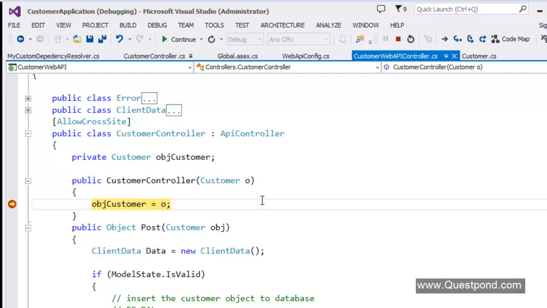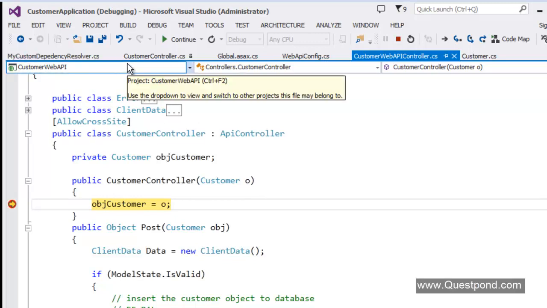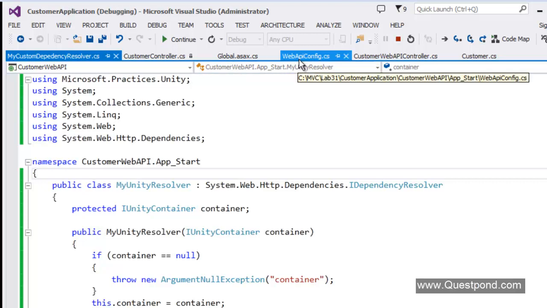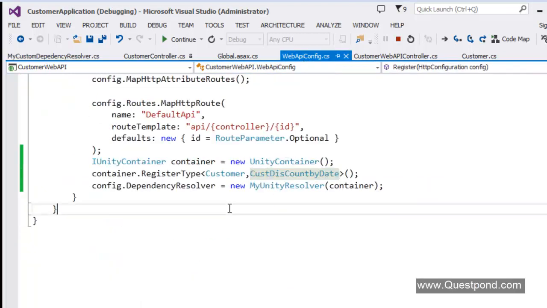As soon as the request comes to the controller, the controller first tries to instantiate itself, right? But the first thing the web API framework does is inform this dependency resolver, saying, can you please scan my customer controller class and inject the necessary dependencies, by the rules we provided to the container.